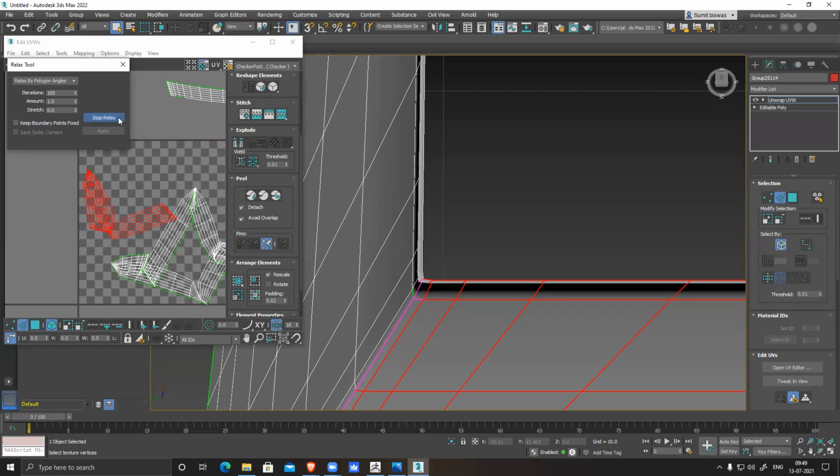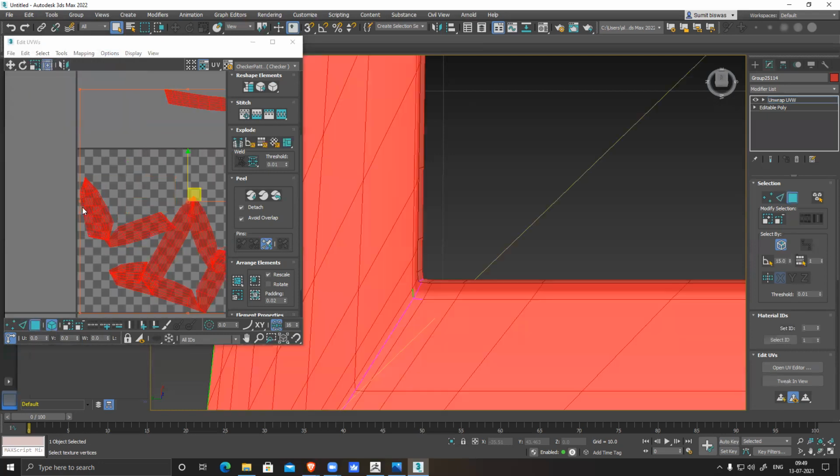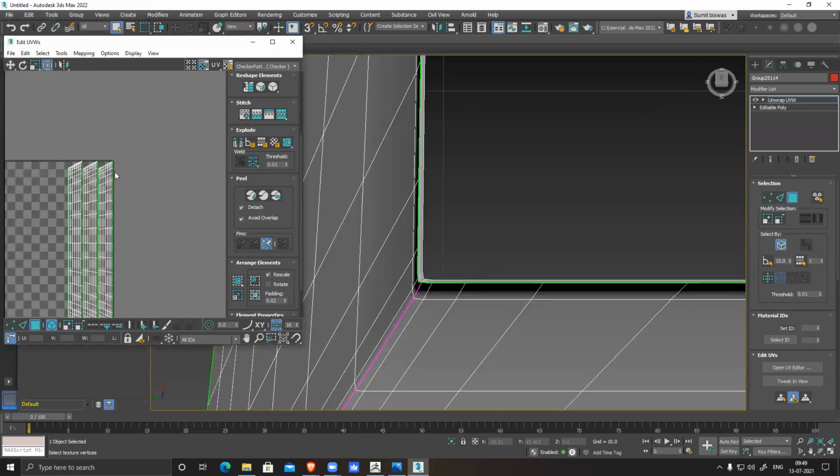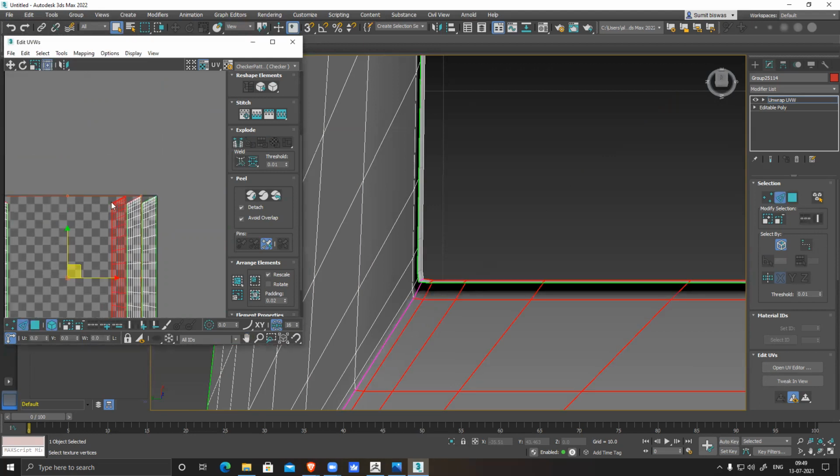I should have just flattened it instead of doing so many things. Flatten should work perfectly for this.